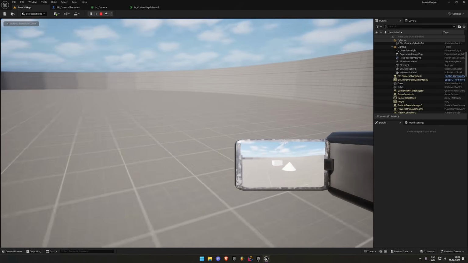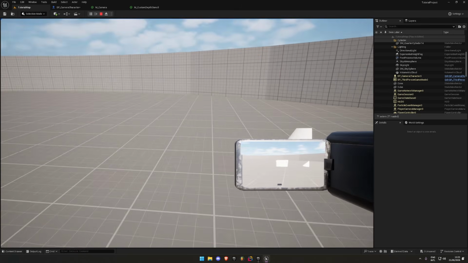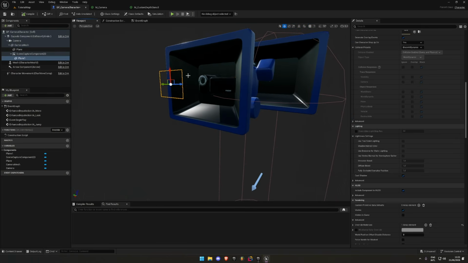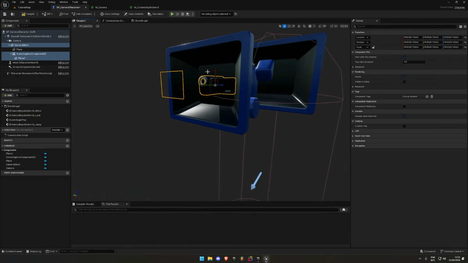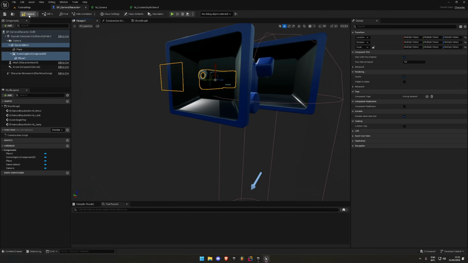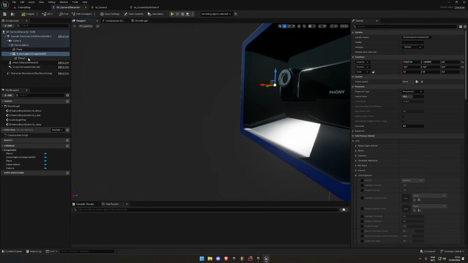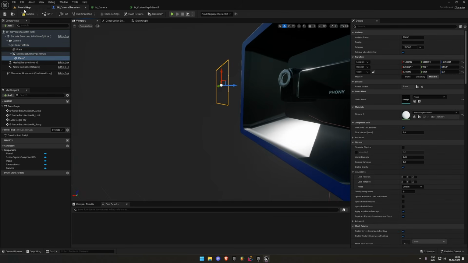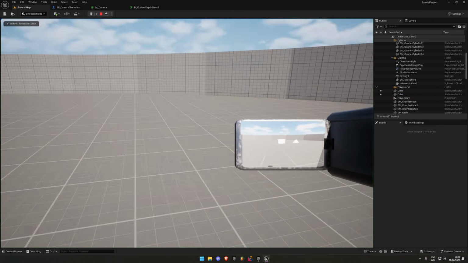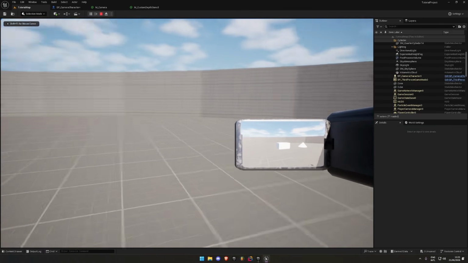Now you can see that the camera can see it, but still the player has a small chance of seeing it. So I'm going to move everything a little bit up so we won't have the issue with that. And then move the plane a little bit down. And now you can see only the player can see